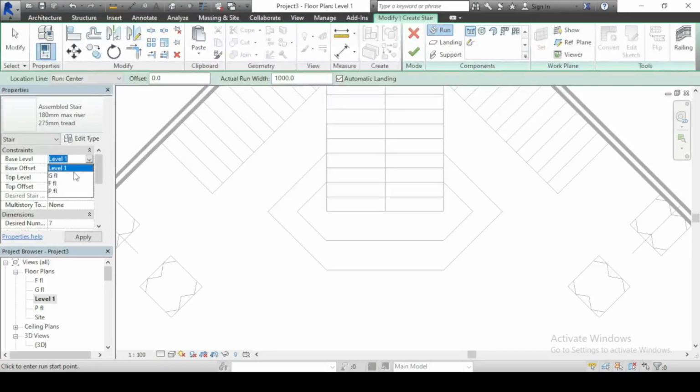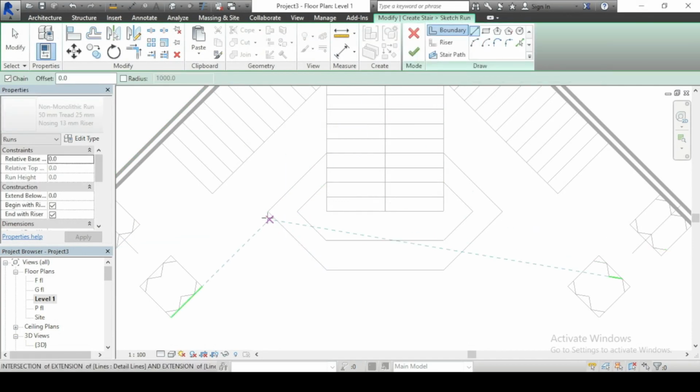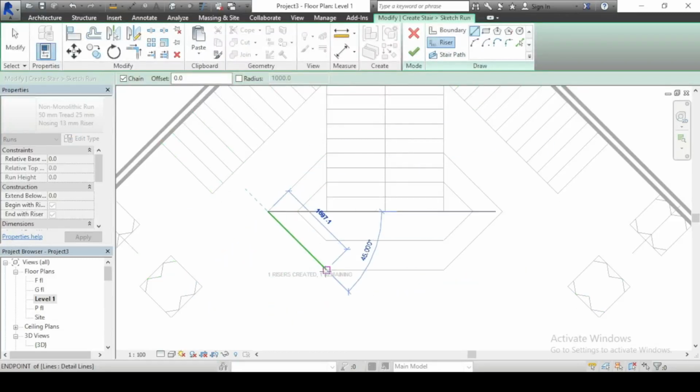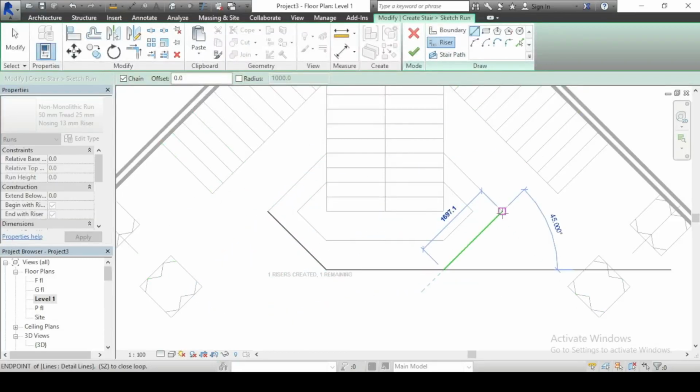I'm going to use the same approach here. The staircase will start from ground floor level and it will end at 300. No, that is not okay. So I'm going to use the same approach of sketch, and I'm going to sketch the riser and